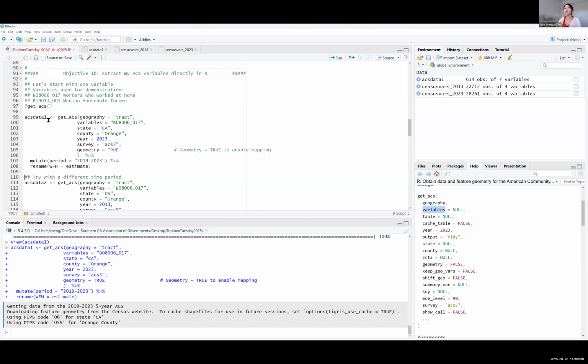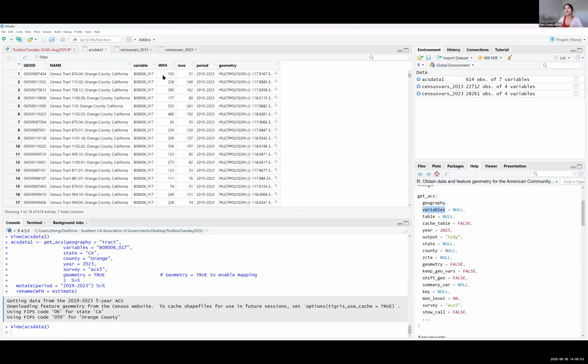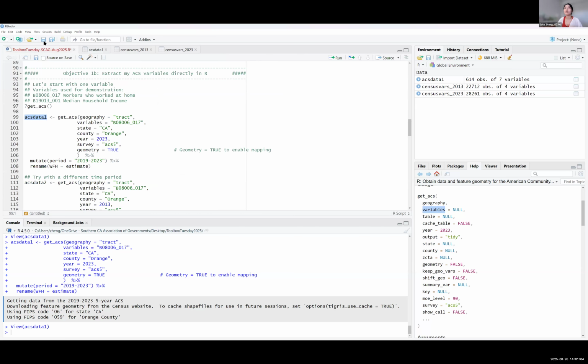And it will get overridden. And here I forgot to mention, after all these, the results will be stored in this object called ACS data1, which shows up here. So this time, instead of seeing estimate here, it's work from home. So it will be just slightly easier later in terms of labeling and remembering what the variable is.